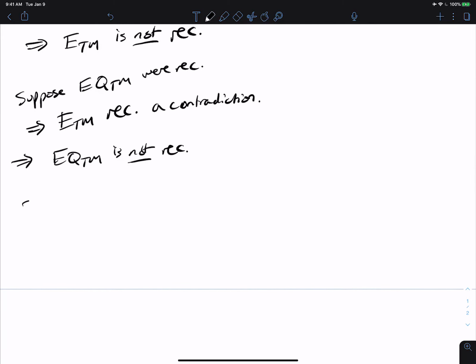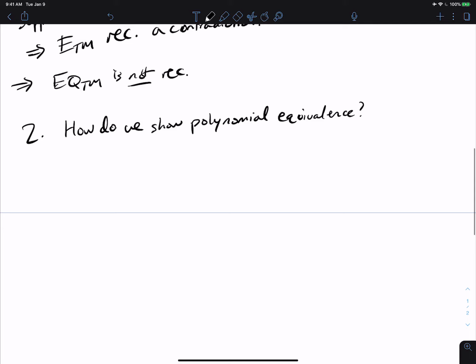So then the second question here is, how do we show polynomial equivalence? This has shown up in several places now. Let's just say we have CNF-SAT, actually not CNF-SAT, what would be a better example? CNF-SAT